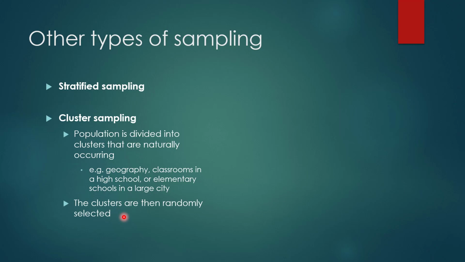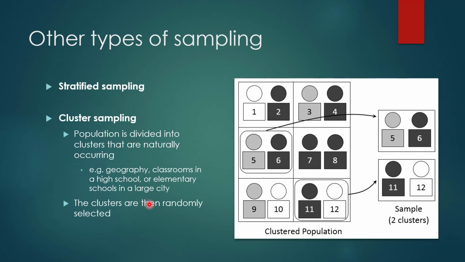So with stratified sampling, we separated into strata and we sampled from each strata. Here we're taking pre-existing clusters that we assume are going to be representative, or we hope they're going to be representative of the population, and we pick an entire cluster. So for example, let's say these were classrooms,